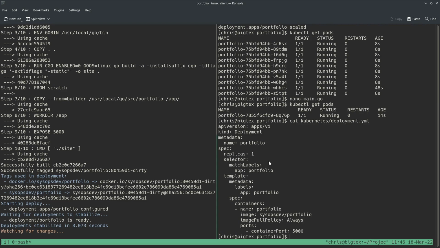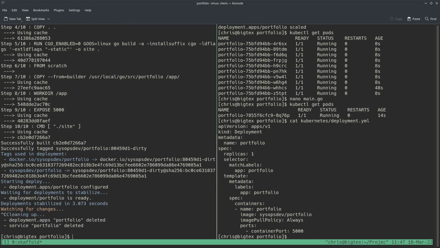So if you make a change with kube control, or if you make a change with Terraform and you're running Scaffold, just keep in mind that Scaffold is always going to defer to the manifests that are defined in the configuration file. So it can't lead to issues, because if your manifest is right, everything's going to work. But if you're trying to troubleshoot or debug something and things keep changing, just don't forget to run to the manifest. So, all right, we can Control C out of this, and you can see that portfolio is deleted